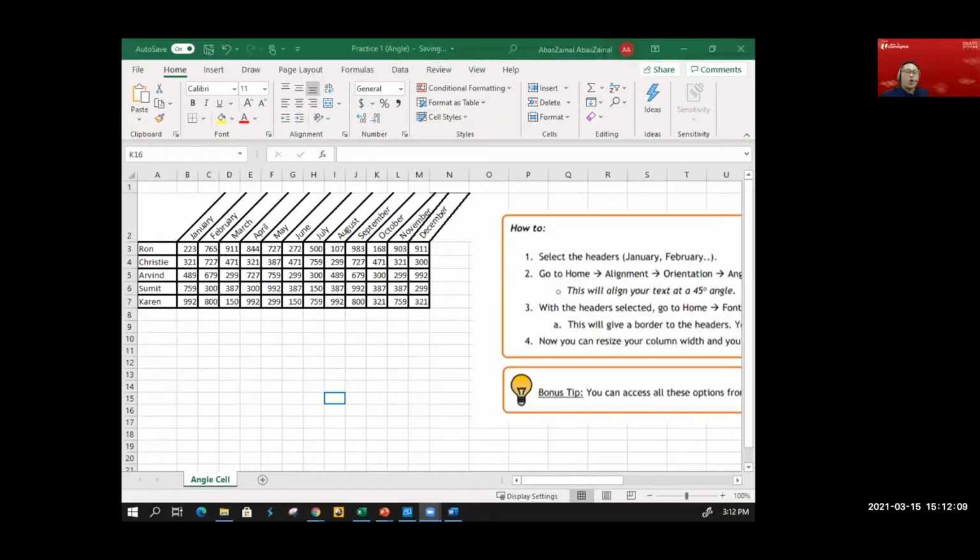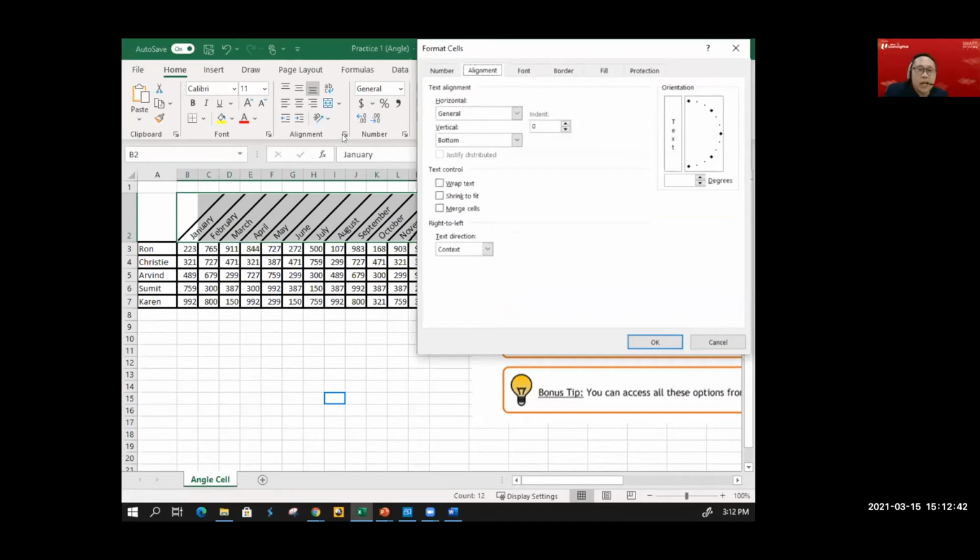So how do we go about doing this? First and foremost, what you need to do, why am I looking up? Because I'm using the larger screen on the wall. Hence, I am looking up on the screen. So what I need to do is select the cell that I want to change the angle. So here I'm selecting January all the way up to December, which is from column B2 all the way up to column M1. I select that and thereafter I click alignment, and in alignment, what do you have is that,